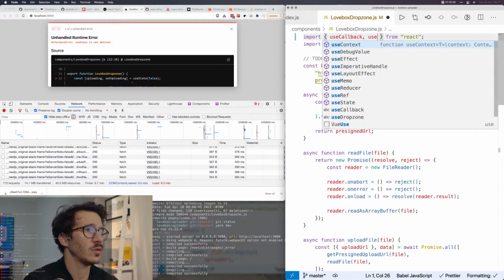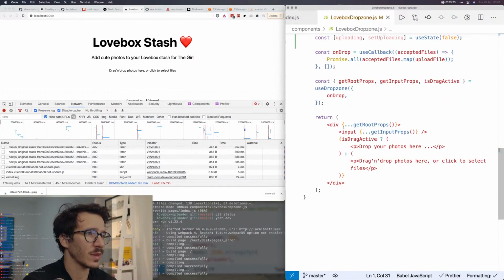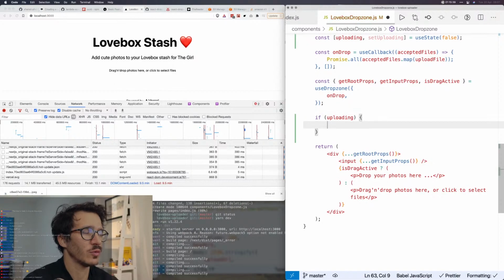Come on, why didn't you auto import? So we're doing that. And then here, input getInputProps, isDragActive, drop your photos here. Say if uploading, we're going to return a